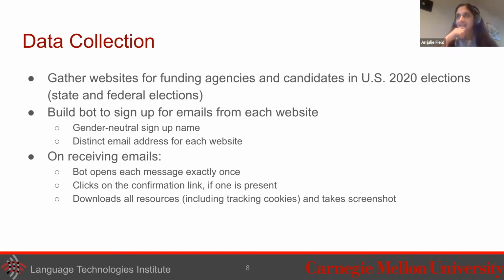This is a crazy amount of engineering work that went into collecting this data set, building a data collection method that involves doing the automated signups, finding forms on websites and filling them out, and then also handling the email receiving. You can see that a lot of care went into it. They want a different email address for every campaign that they sign up for. They only open messages exactly once because campaigns track how often you open messages, and they want that to be consistent across all of the places where they're collecting data.